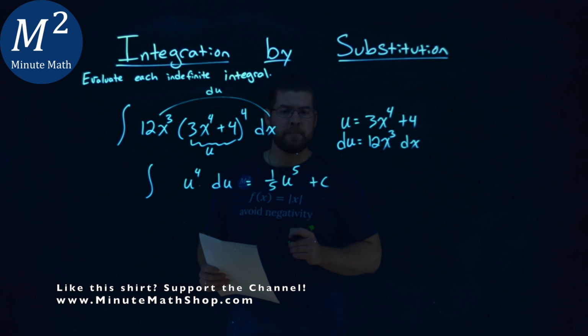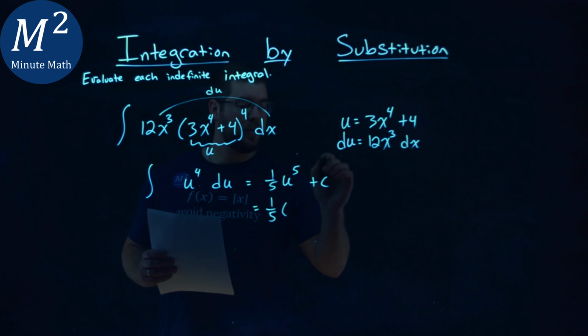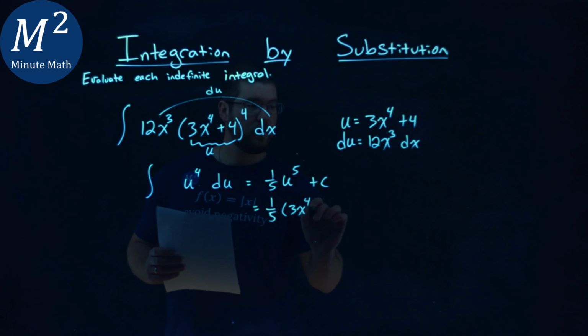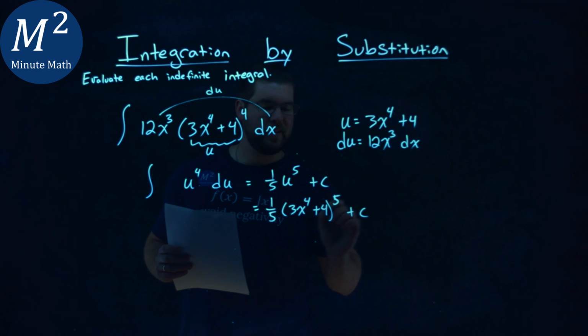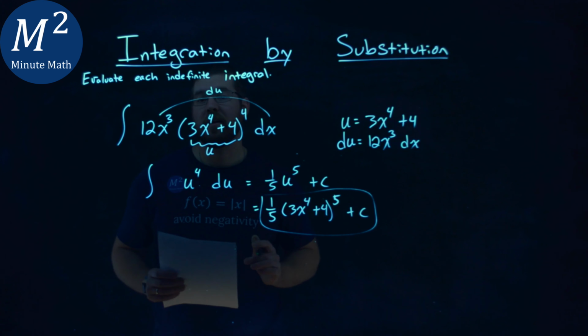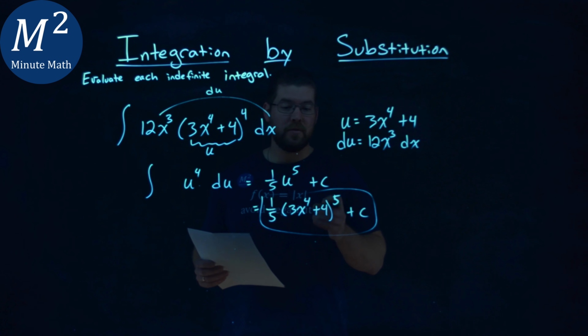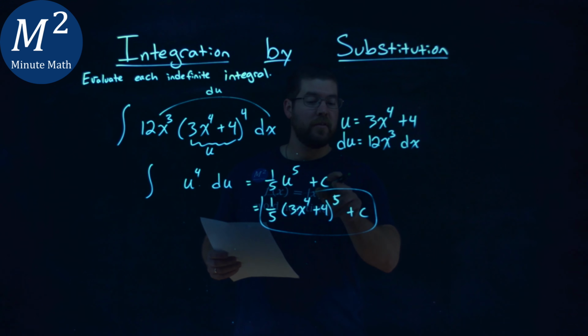So we do that. We have 1/5 out front. Our u value is 3x to the 4th plus 4, to the 5th power, plus c. So again, our final answer here is 1/5 times 3x to the 4th plus 4, all to the 5th power,